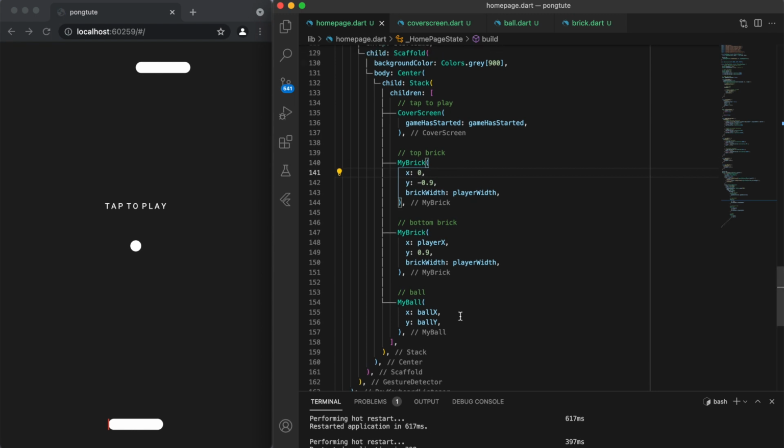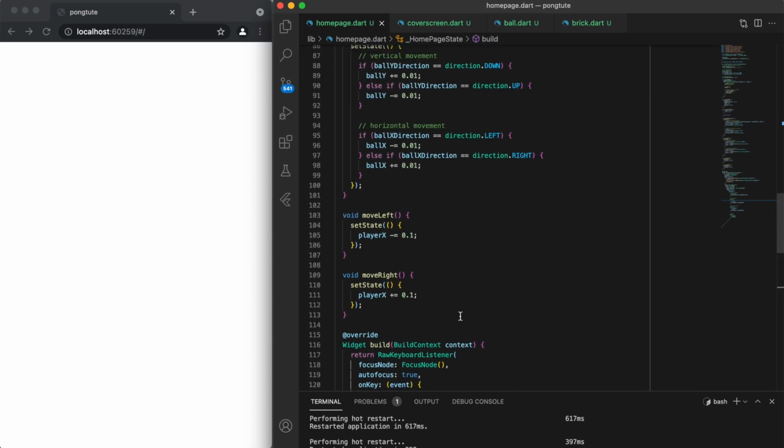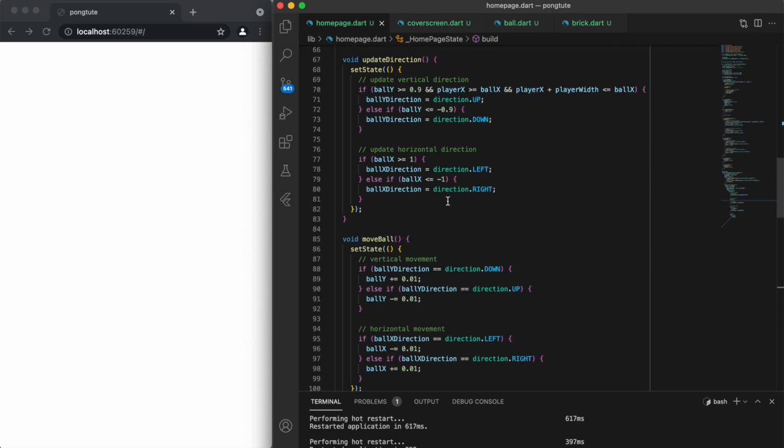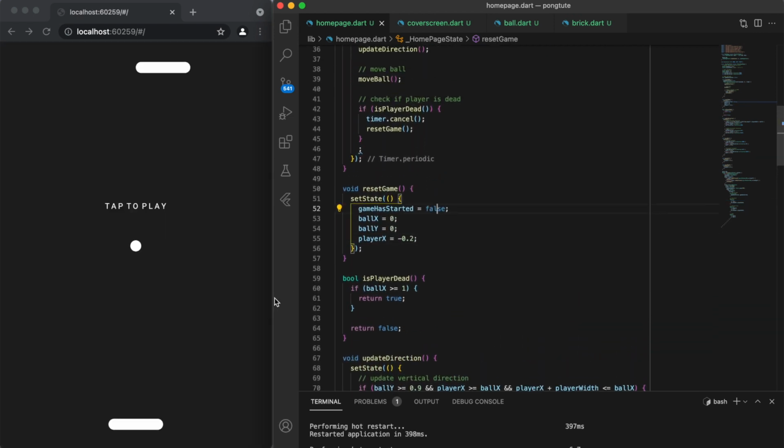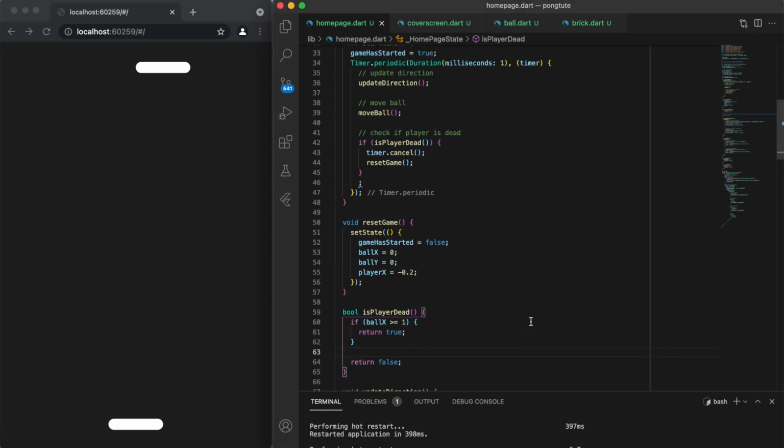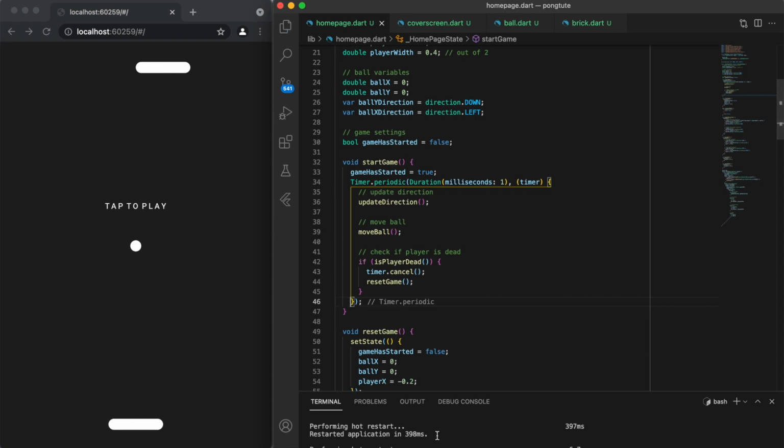I'm happy to explain it further if anyone has any questions, but now we can get rid of that red line, and I am comfortable knowing that the variable x for player x is the left hand side of the brick. Now it looks like the ball is still going through our brick,